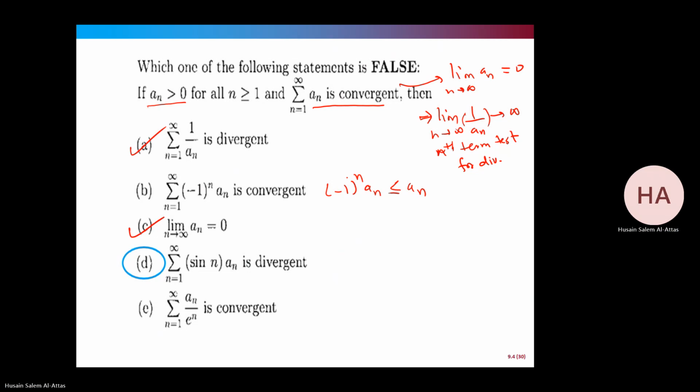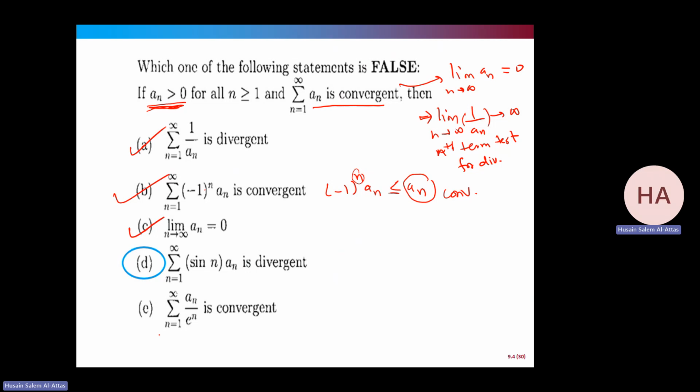If it is even, then it's the same. If it is odd, then it will be less, since an is positive. So the bigger one converges, so for sure this smaller one is converging. This is correct also. Now we have